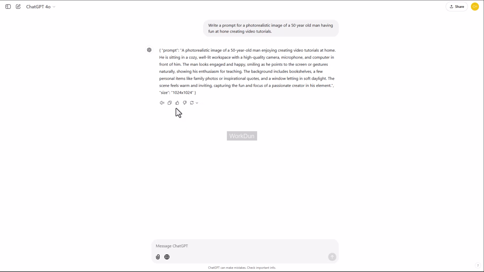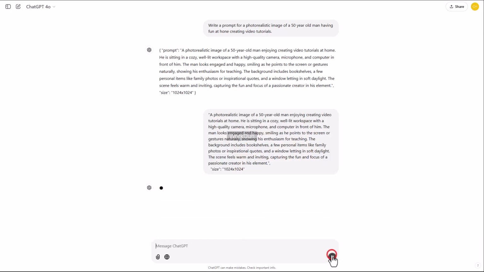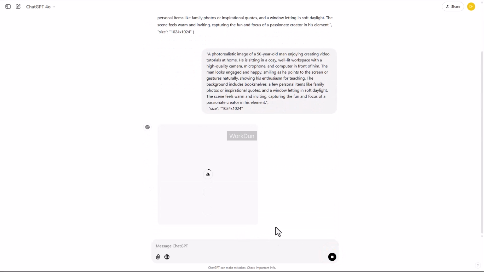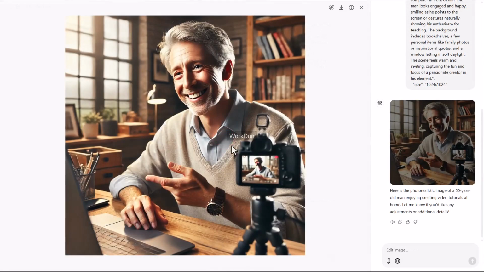You can then take ChatGPT's prompt and enter it into your dialog box, and you can make any changes that you need to make. Once you have the new prompt, you can then click Enter, and ChatGPT will start the process of creating the image that you have requested. You can then click on top of the image, and what you'll see on the right side menu is that